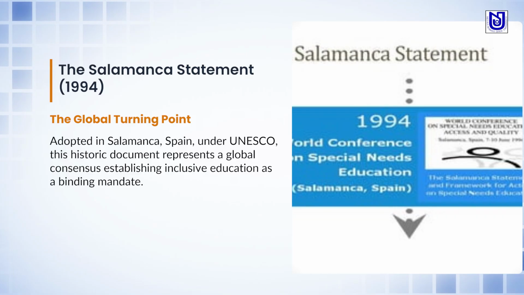The Salamanca Statement declared that every child has a fundamental right to learn, emphasizing that regular schools with an inclusive ethos are the most effective means of combating discriminatory attitudes and creating welcoming, cohesive communities. Thus, the Salamanca Statement was a global turning point as well as the initiating point to move towards true inclusion